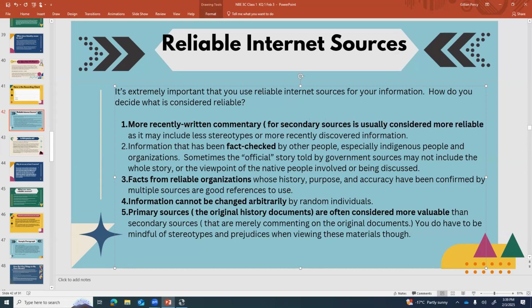Sometimes if you're reading commentary that might have been written at the time, there may be a whole bunch of things that they weren't aware of, and there may be a lot of prejudice in it. So the information is not being summarized fairly or being suppressed or things like that. But if you're looking at the actual history documents, like say you want to know what the treaty says, going to the actual treaty to read it is way more valuable, or at least equally valuable, to reading commentary about the treaty, right? That way you know for sure with your own eyes what it actually says, okay?